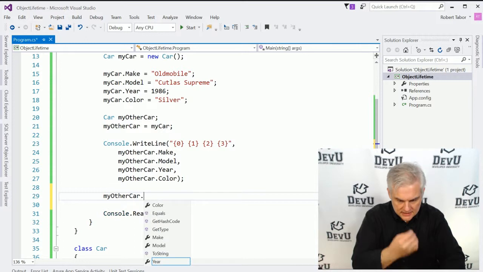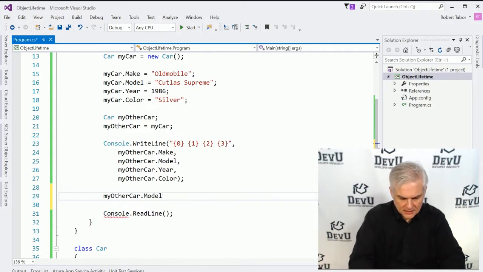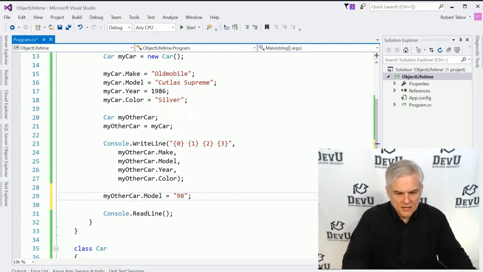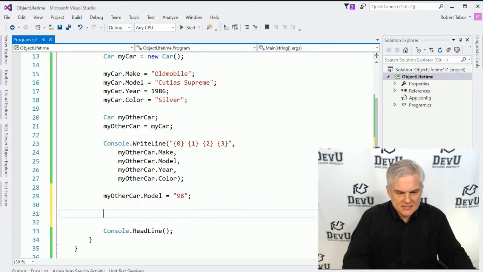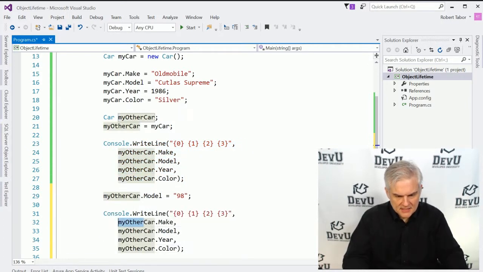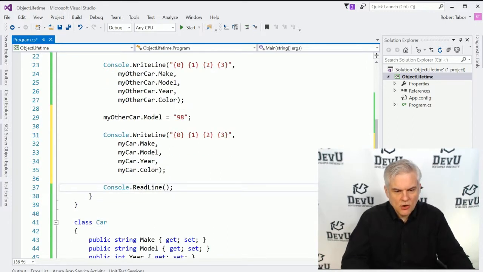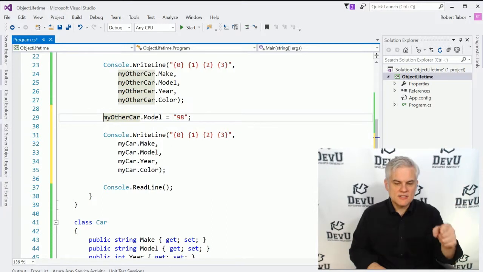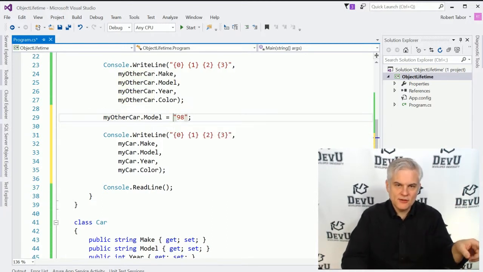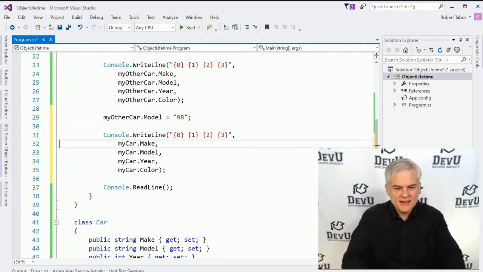myOtherCar.Model, let's set the model equal to the 98. That was the large style model for that car. And let's then go back and do something similar to this, just to prove that they're one and the same. So we're going to use our reference called myOtherCar and change the model from the value Cutlass Supreme to the 98, and then we're going to say, hey, show me what's in the myCar